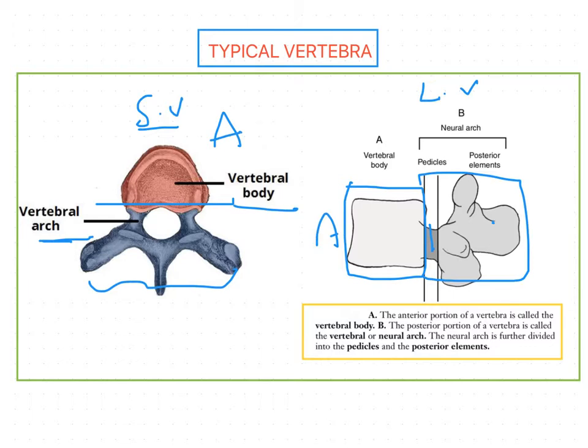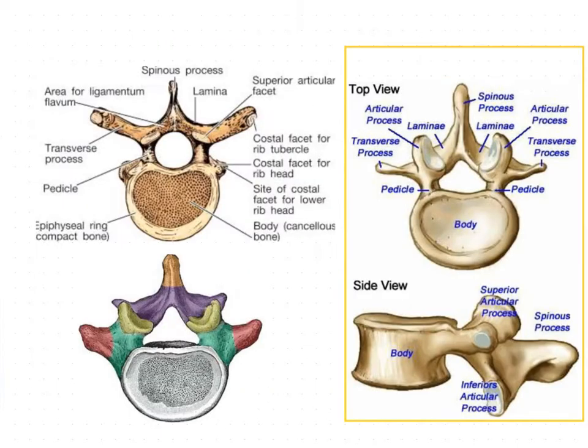First we are going to discuss the vertebral body. Here this one is also a superior view. You can see this becomes the anterior and the neural arch is present on the posterior aspect. So this is the vertebral body. The vertebral body is present on the anterior side of the typical vertebrae, and it is cylindrical in shape,